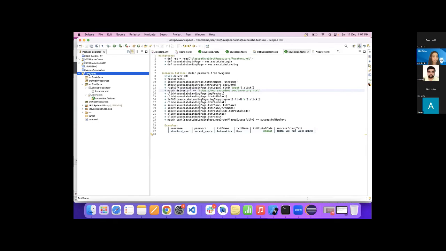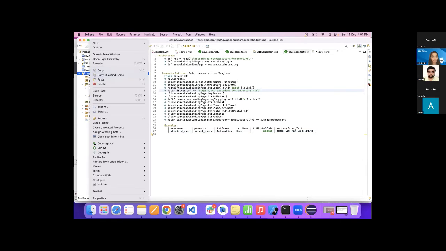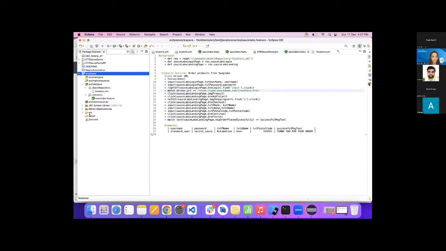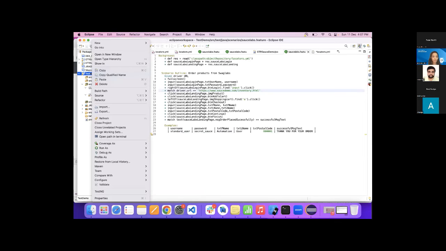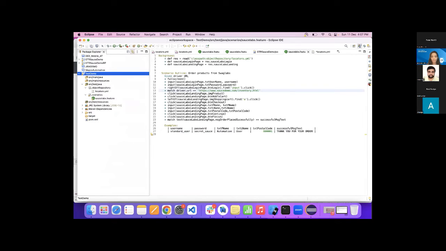So yeah, it's not letting me see the reports as well. I guess something has crashed in my Eclipse and I'm facing issues because of that, since my target folder is also not getting updated.